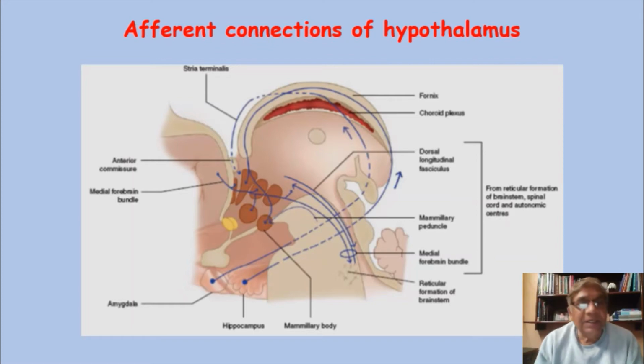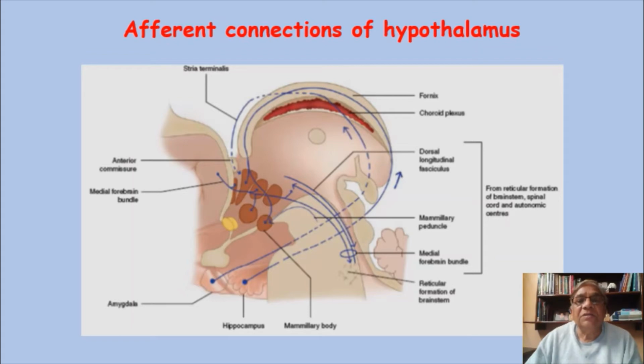Okay, then the fibers are coming from the hippocampus. See in this diagram, this is the hippocampus in the inferior horn of the lateral ventricle. These afferent fibers, see this arrow, they are coming through the fornix. This is the fornix in which these fibers are lying, and then this will go to the lateral